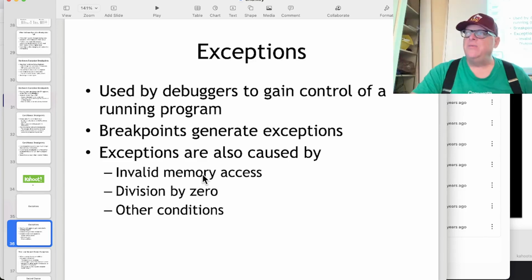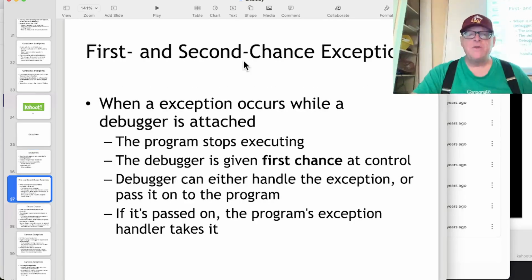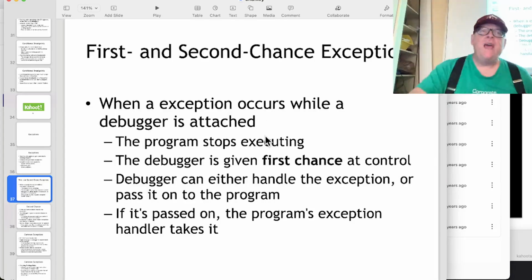If your program tries to read or write to memory that is not allocated for that purpose, that's invalid. Division by 0. If userland mode tries to execute a kernel mode command, that's another exception, a privilege exception. You're trying to do something you don't have the privilege to do. So when the first exception happens while a debugger is attached, the program stops executing and it passes control to